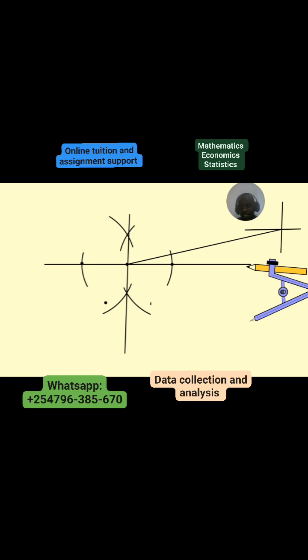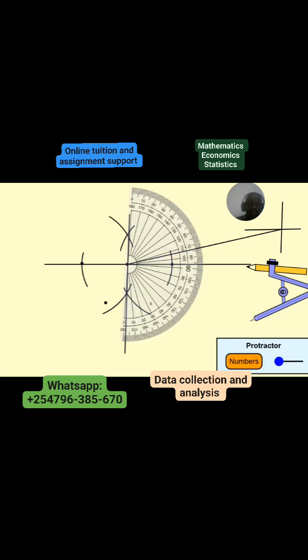Then we place our protractor on this end. So I've been asked from the point where I was constructing a perpendicular line to that end. Then I just measure from north to south. From north we have 0 degrees, then we have 180 degrees. It means that we are going to use the outer scale, not the inner scale, to measure the bearing. So in this case, if I use the outer scale, what is the bearing? The bearing is